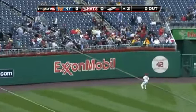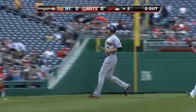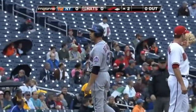Francoeur drills one off the top of the wall. Very top of the wall. So the Mets will have runners at second and third as Francoeur misses a homer by inches. In fact,